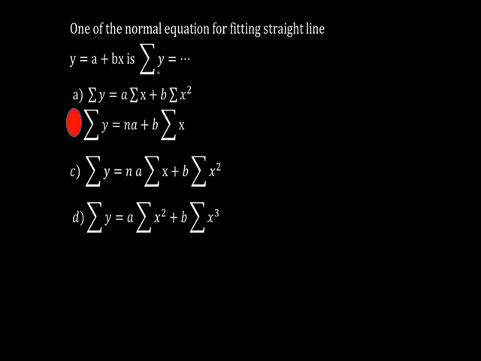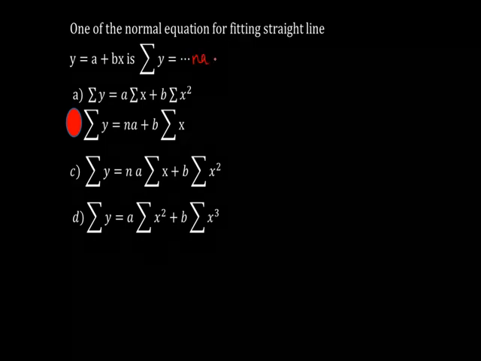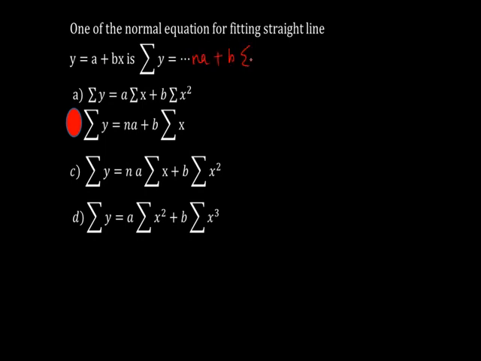Here it is written summation of y. What has been done over here is that the equation has been multiplied with the coefficient of a, which is 1, and then you just take the sum. So summation of y is equal to a times summation of 1, that is n times a, plus b times summation of x. This option we find as option B. This is very easy to answer. You only have to observe what is given.